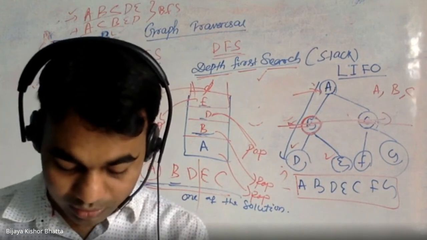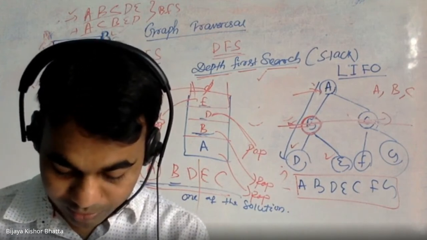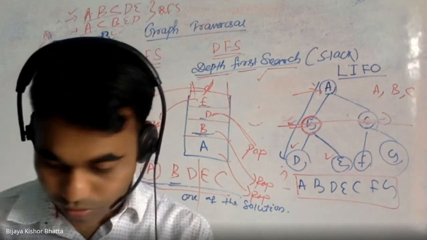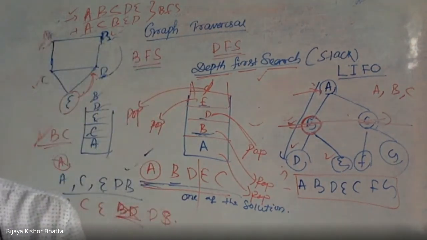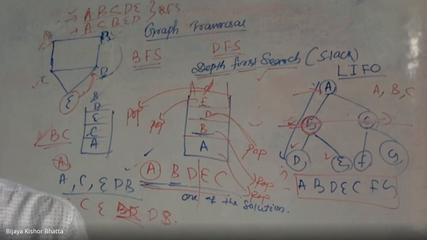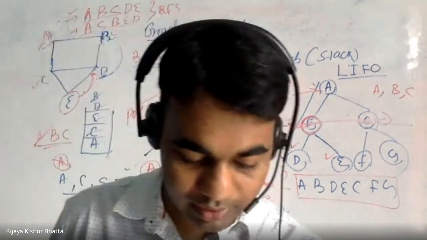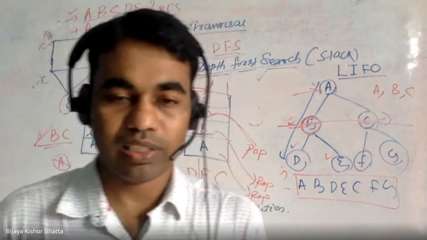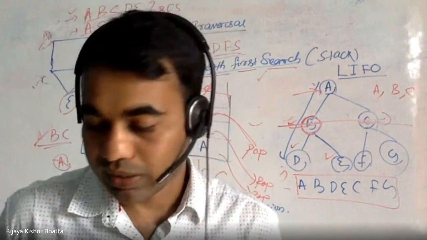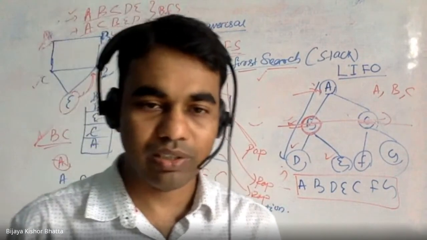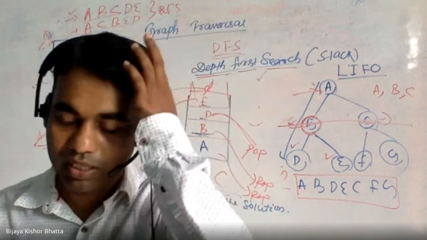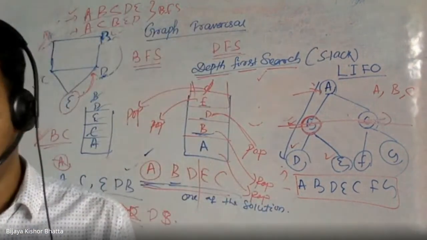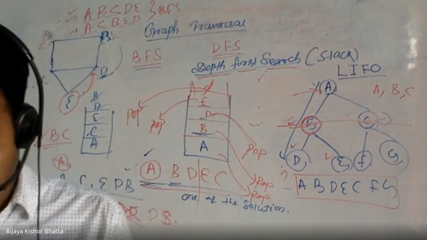Okay, so these are the two popular algorithms, DFS and BFS. If somebody needs the code, I can give it to you in case somebody is interested to implement this. You can try. And if you need the code, let me know. I can explain also. But for your exam point of view, you don't need it. But if somebody is interested to learn more about the implementation, that is fine, I can send you the code. I have the code handy.